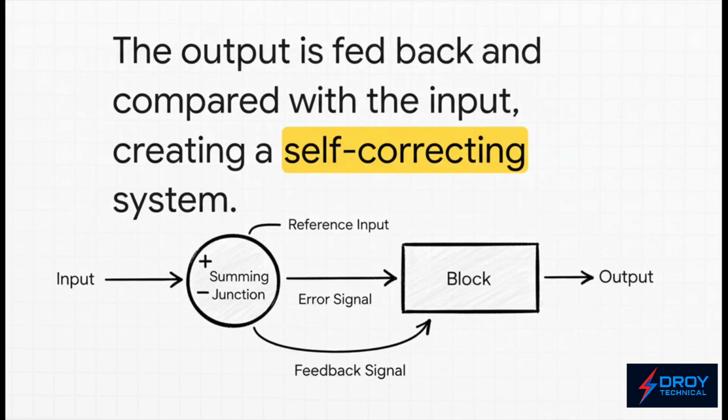But what happens if things go wrong? You know, if a gust of solar wind pushes our satellite off course? That's where the real genius comes in: feedback. You add a sensor that measures the actual output, and you feed that measurement back to the beginning to compare it with what you wanted. The difference between the two is your error, and the system's job is to make that error as small as possible. That's a closed-loop system, and it's the key to making things that can correct themselves.